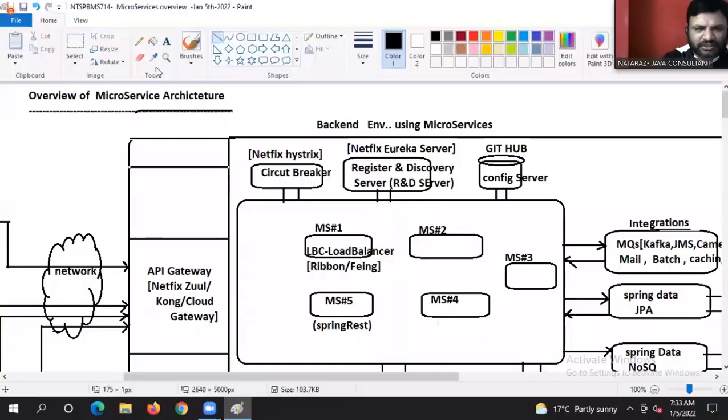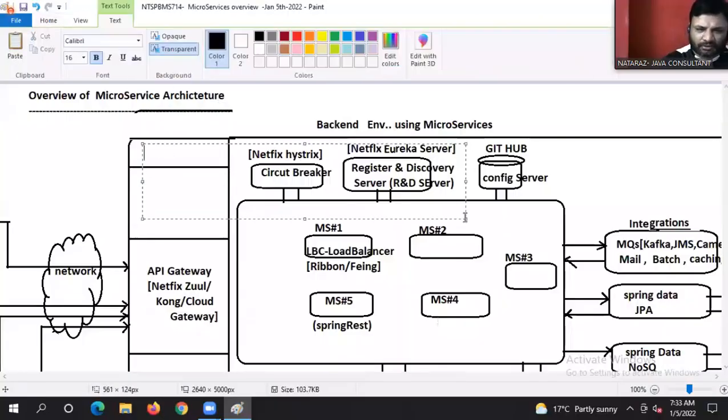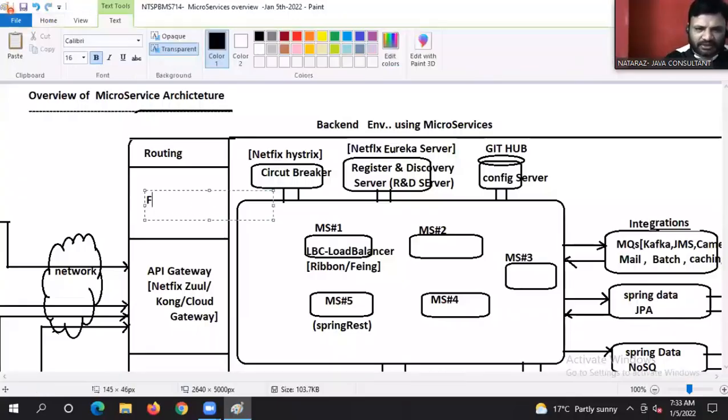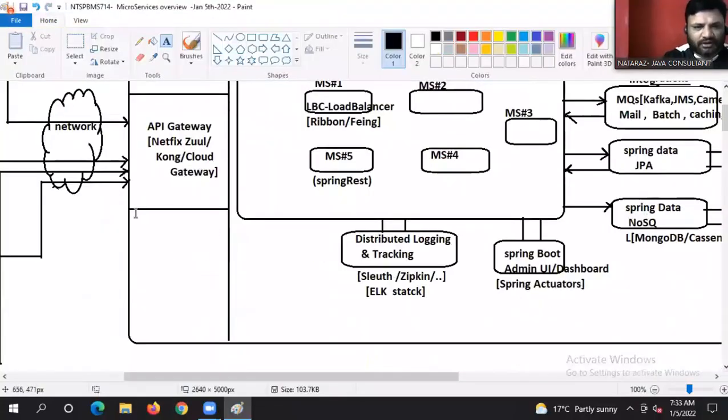Routing configurations can be done by using some routers. Next, if you are looking to apply some filters, you can apply them over here.